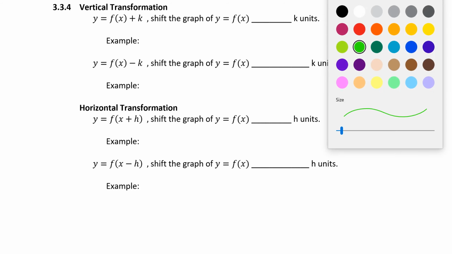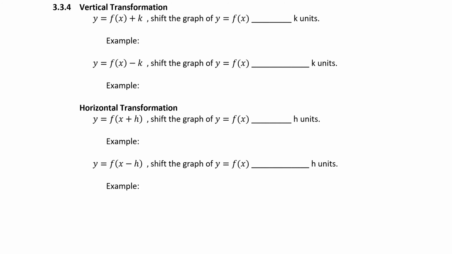These are the easiest ones to carry out by hand. If f of x represents some basic elementary function, then y equals f of x plus k, where k is a constant, will shift the graph of f of x up the y-axis by k units. For example, y equals the absolute value of x plus 2. That's going to look like my original V parent function, but it's going to be shifted up the y-axis by